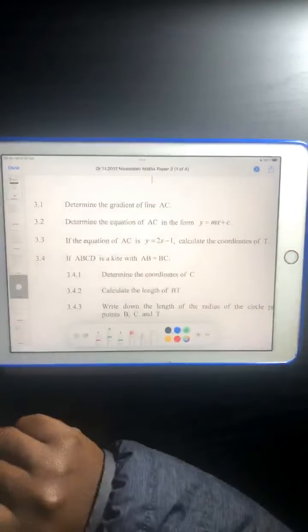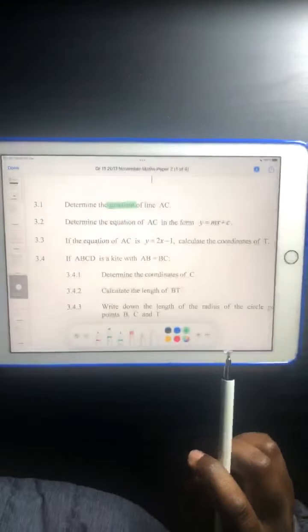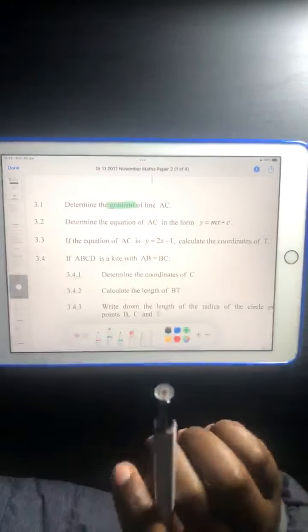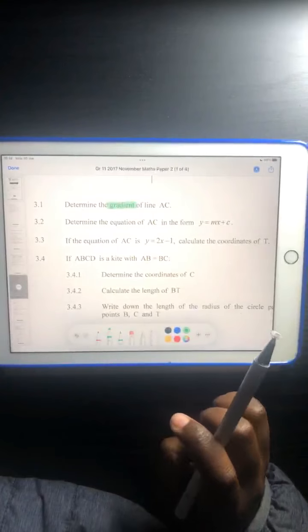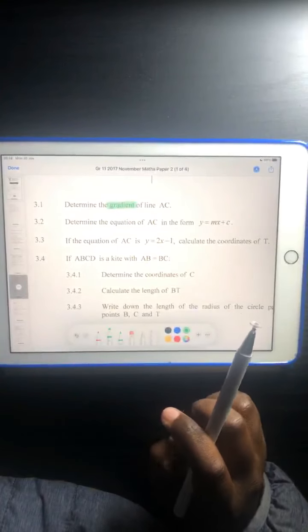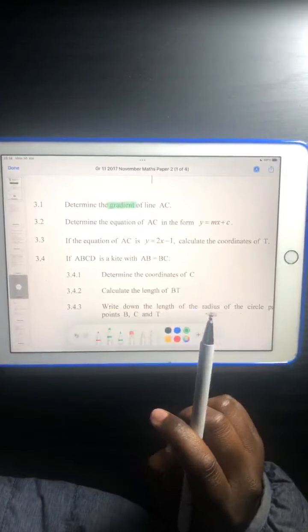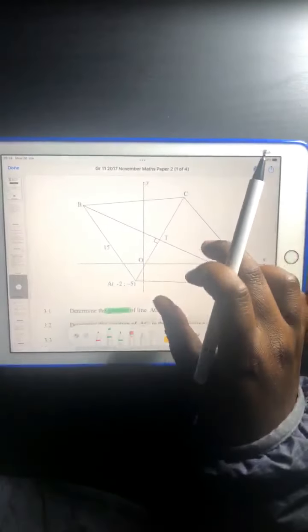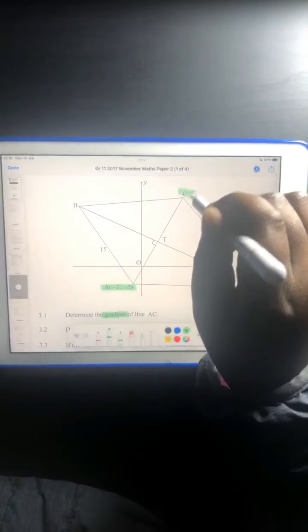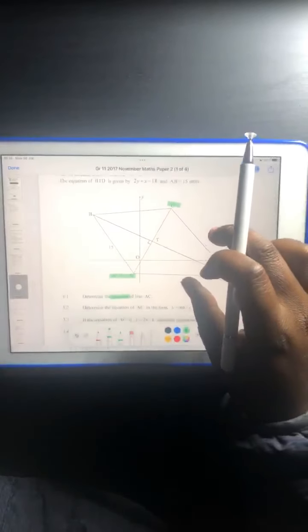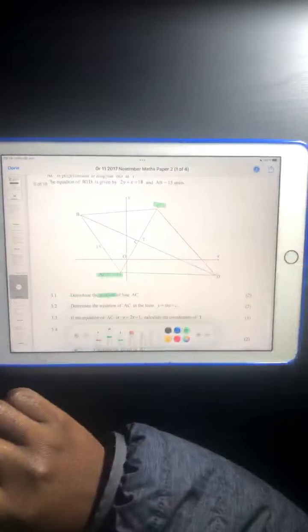Ask yourself this question. Do I have two things for me to determine the gradient? Examiner, why are you saying I must determine the gradient? Okay, it's fine. I don't even want to know why you're saying must determine the gradient. I know you want me to earn those 2 marks. Okay, which gradient for line AC? Where's line AC? Let me see. There is the line of A. There is C. Okay, there's point A there. Can you see? Seems like I don't have